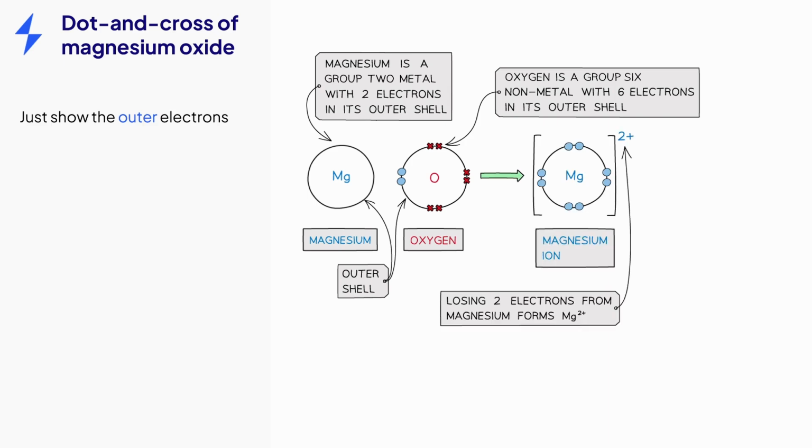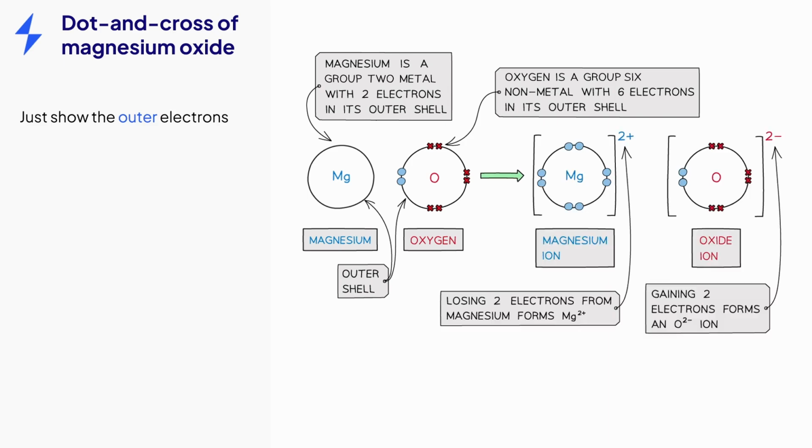Magnesium forms a magnesium ion, which has a 2+ charge, and oxygen forms an oxide ion with a 2- charge, and both have a stable full outer shell configuration. When drawing dot and cross diagrams,